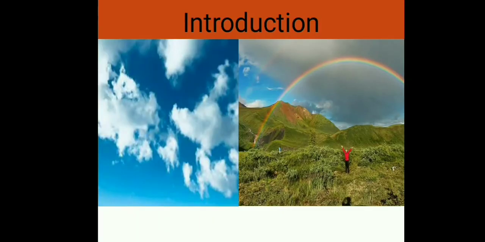Students, we have already learned in the previous chapter about the light and some of its properties. In this chapter, we shall use these ideas to study some of the optical phenomena in nature. We shall also discuss the rainbow formation, the splitting of white light and the blue color of the sky.